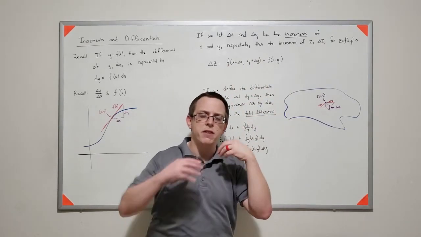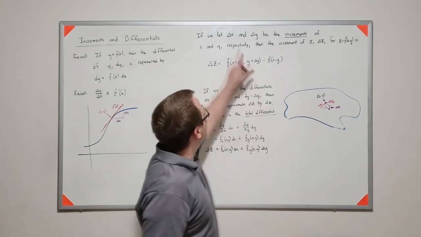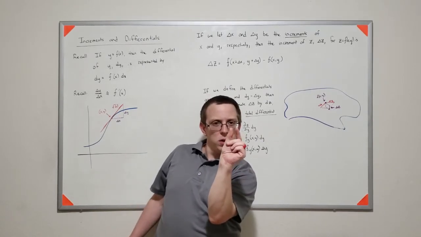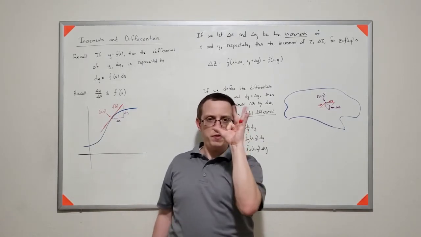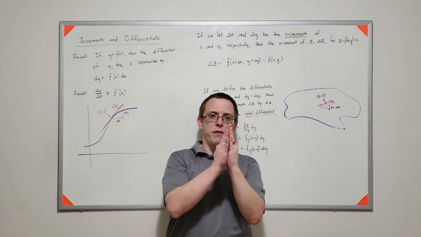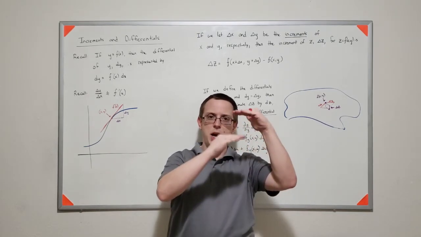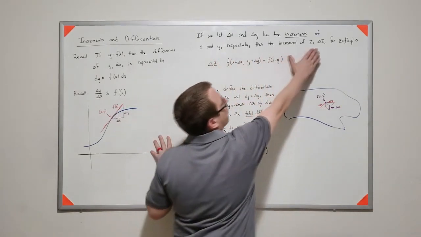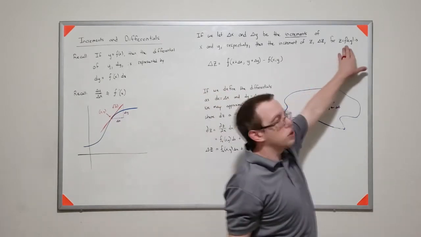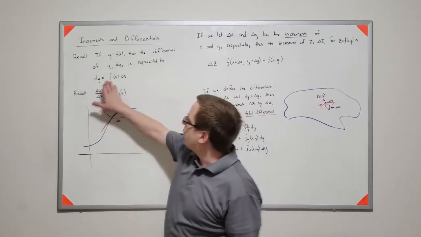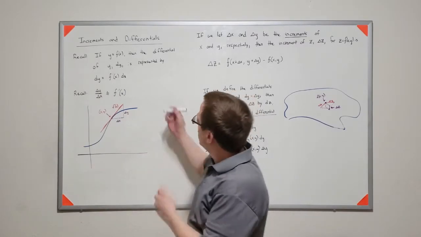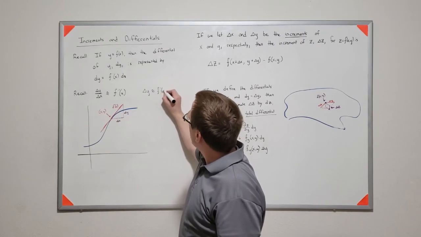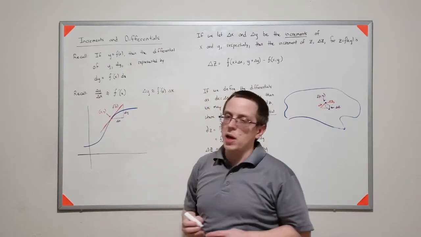So what we want to think about is this idea of an increment. When I say the increment, delta x and delta y, what I'm really saying is some small difference. So if I'm at some fixed point on a surface, if I change the x a little bit and I change the y a little bit, those are my increments. So if I want to find the change in z, so if z is a function of those two variables, similarly, if I looked over here, so I'm going to write something else,